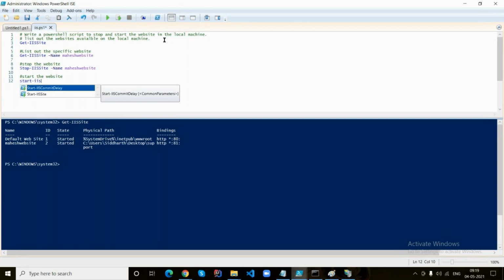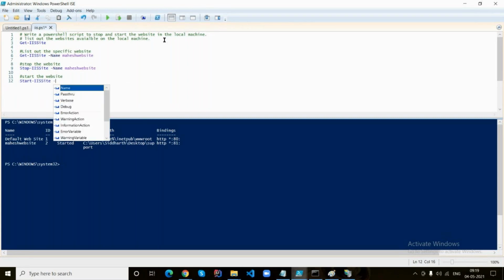Start-IISSite. Pass the parameter name, accordingly the website. So this is about how to start, how to stop, and how to read the information of the website using PowerShell. Right? Now make a clear screen please.